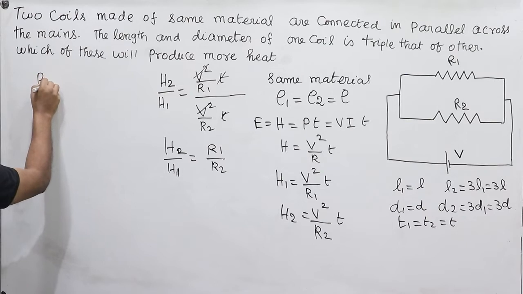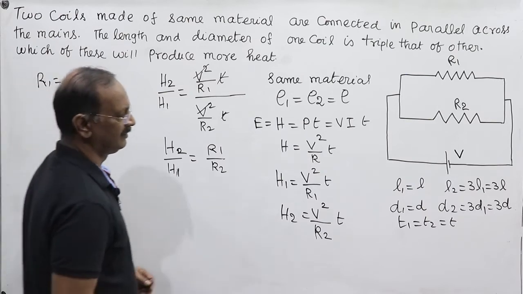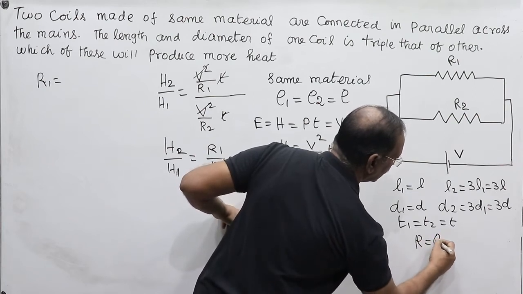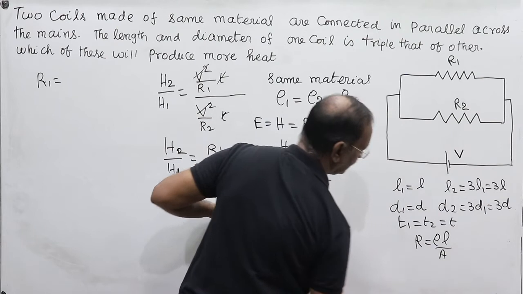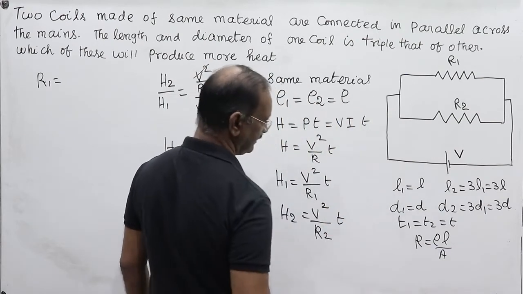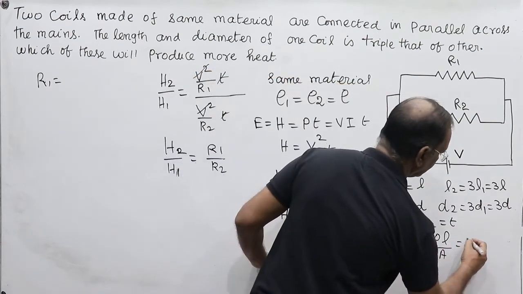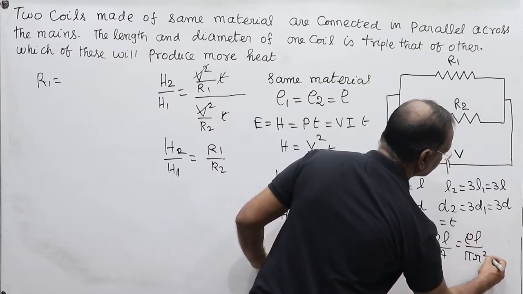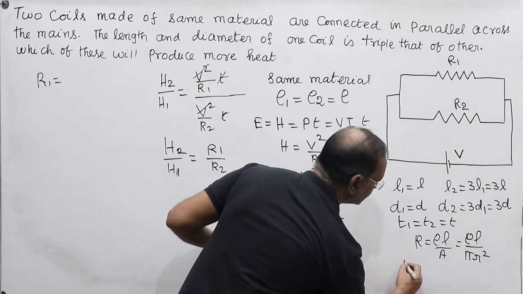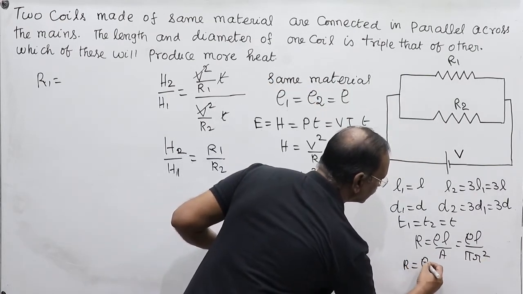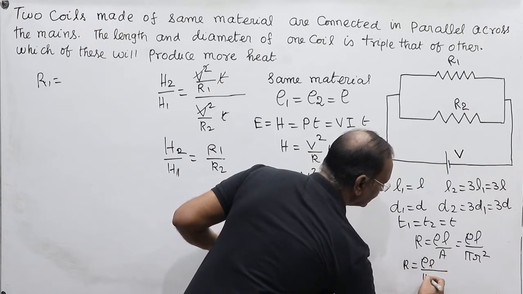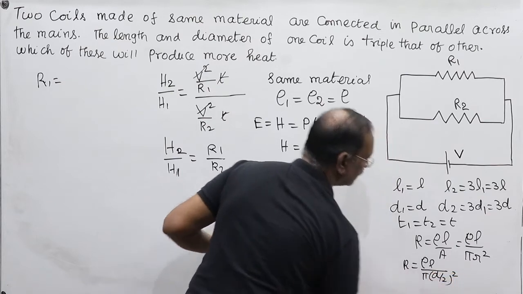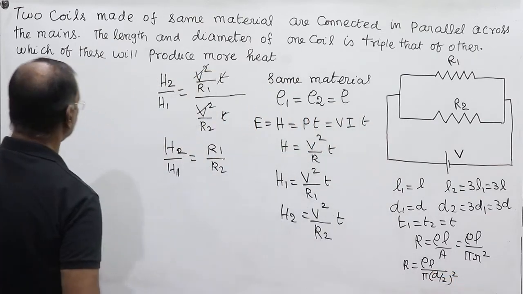See, R1, what is the resistance? The general formula is resistance is equal to rho, resistivity, into L by A. Here the diameter is given, it means the area is equal to pi r square, or we can write resistance is equal to rho L divided by pi times d by 2 whole square. So d by 2 whole square. So R1